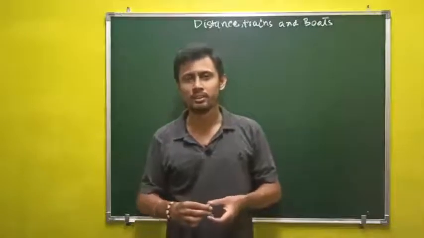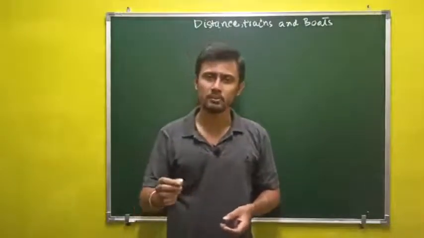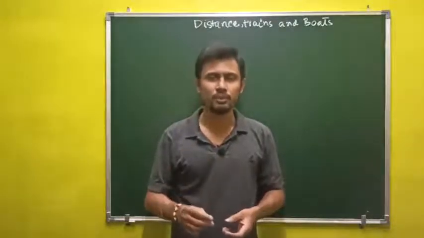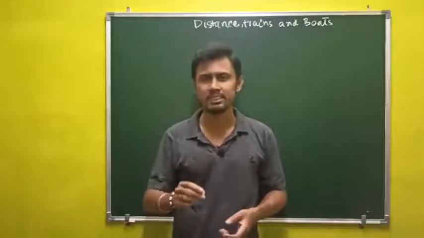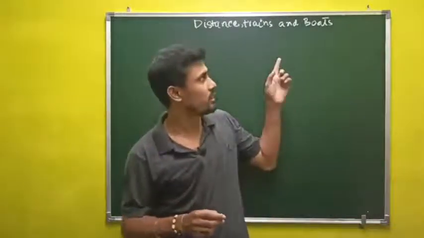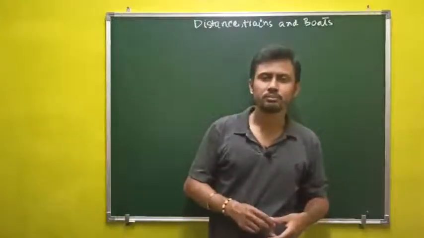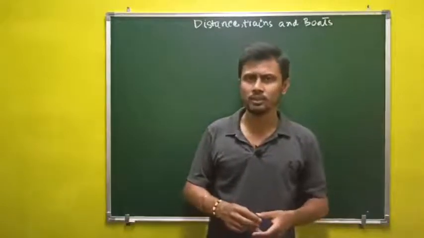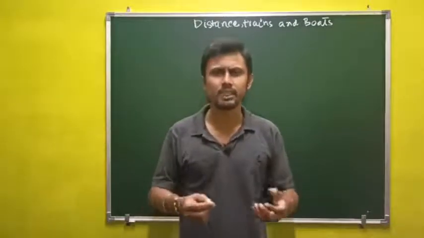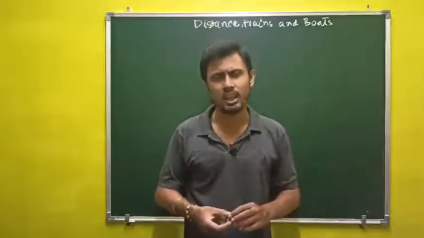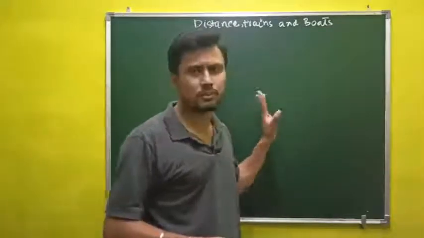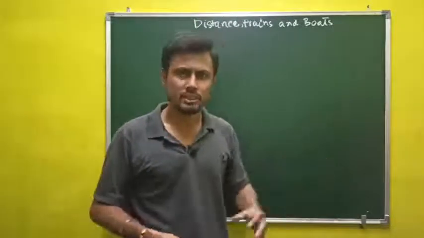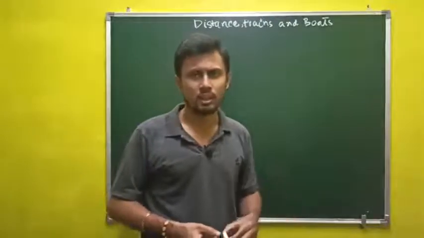So guys, we have already covered the theory and the previous year question paper from the percentage and profit and loss part. And in this video we are going to discuss the theory part of distance, train and boat. As you can see on the board, I have already written the topic. Questions are frequently asked from this topic in the general aptitude part. Whatever the paper might be, physical science, mathematical science or chemical science, questions will be there from this topic. This is a very important topic, so we are going to discuss the theory part of this topic. In another video we will discuss the previous year question paper and solve those questions.